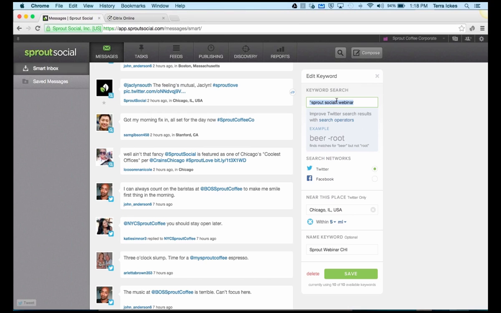Another example, using some of the operators that you have access to, let's say, would be maybe we want to catch people that are making positive statements about Sprout Social. So let's call the keyword "positive statements, Sprout." And we're going to use not only quotations for exact phrases, but the OR operator to string together a number of different phrases that would classify as kind of positive statements. So how about like "Sprout Social" or